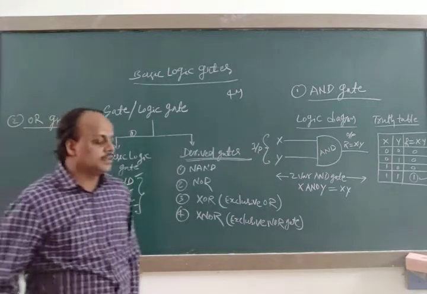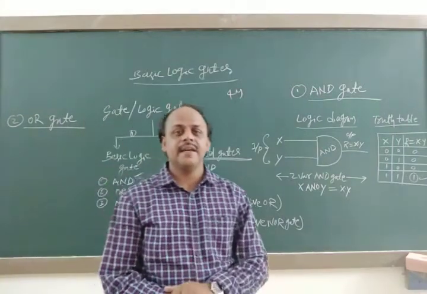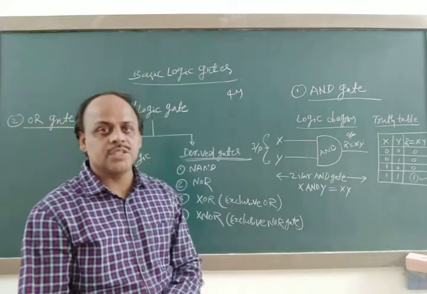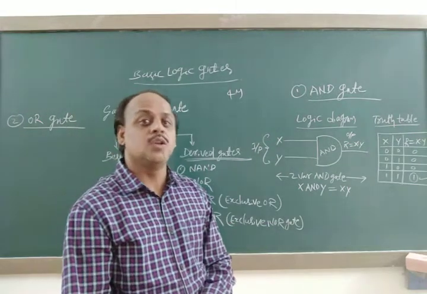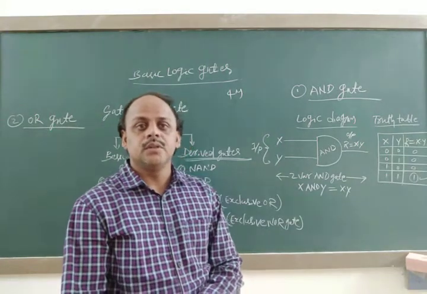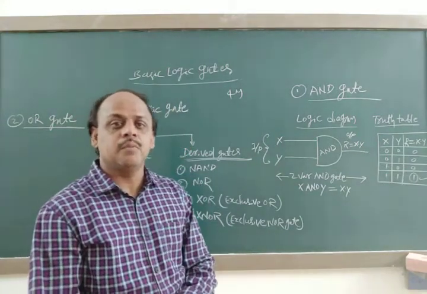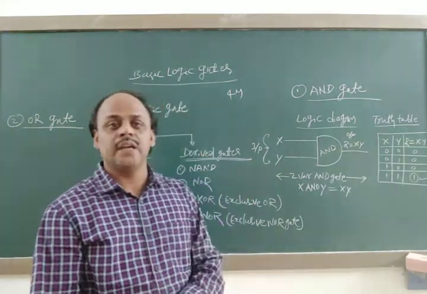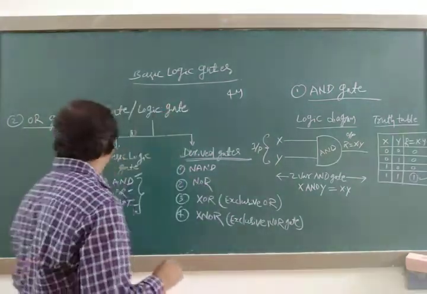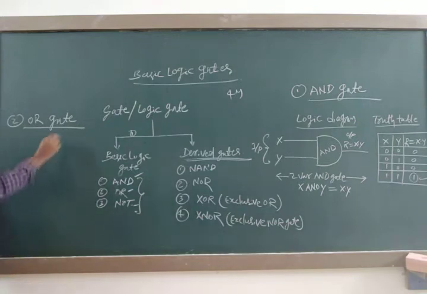This OR gate can be defined as one of the basic gates in which output is low if and only if both the inputs are low. In other cases, output is high. For example, see here, logic diagram means